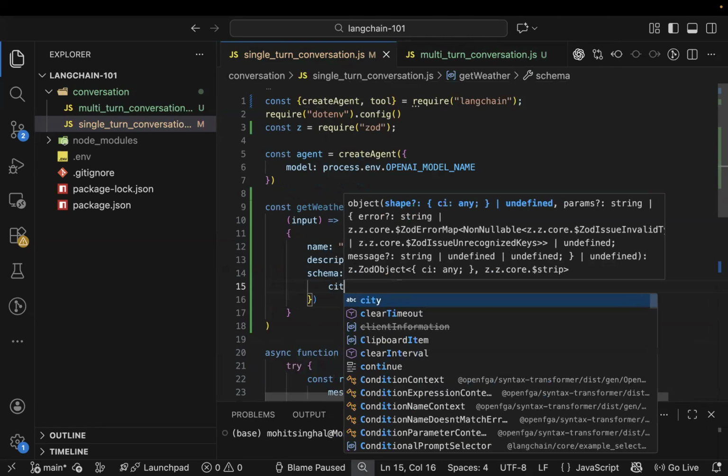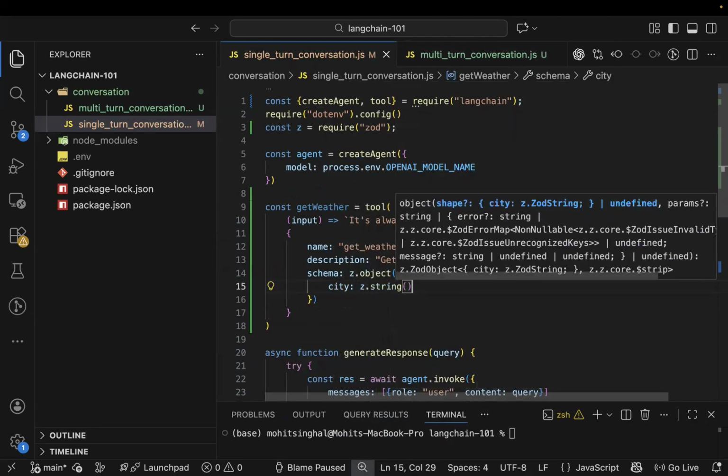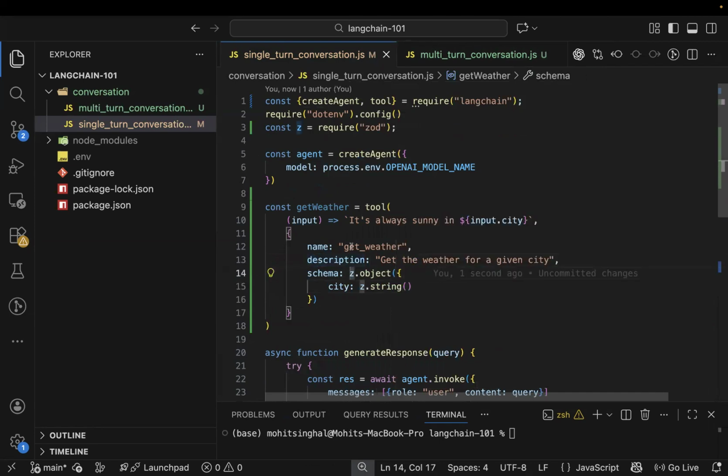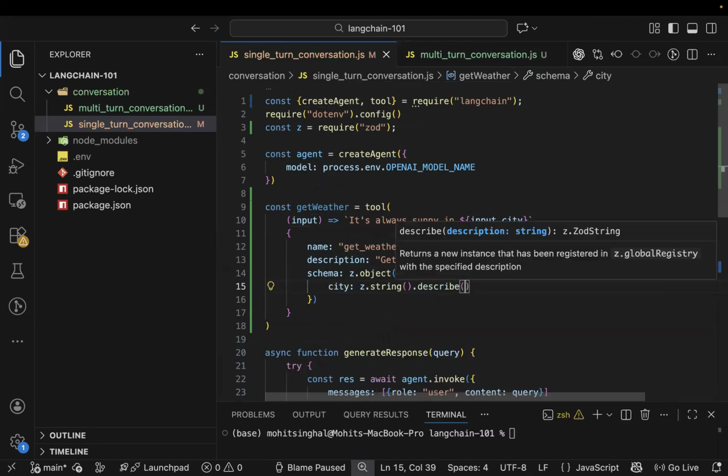And here you are going to provide the city name. Since we are going to write a schema for this function, the function that is going to take the value as city, so that we get input.city as the value. So we just provide z.string. It is to be a string, and the description of it is to be the city to get the weather